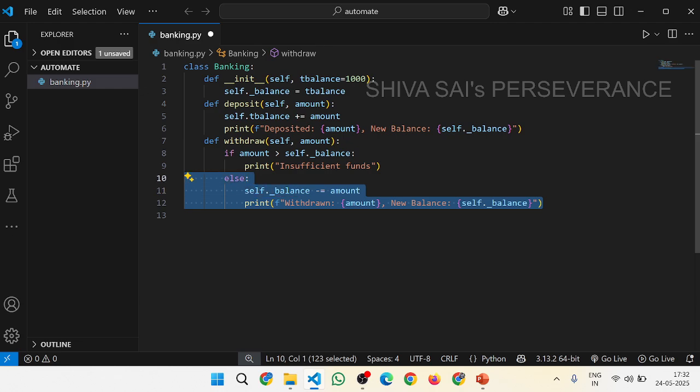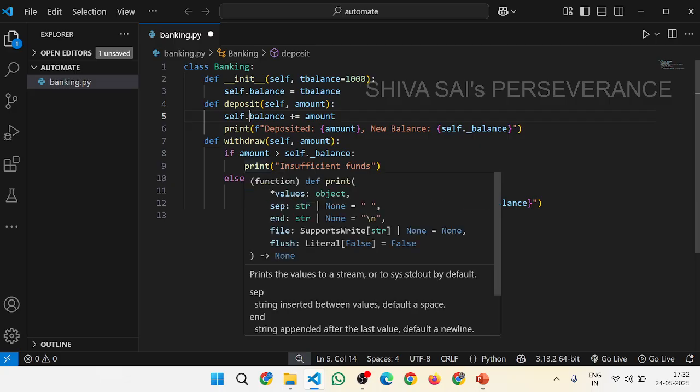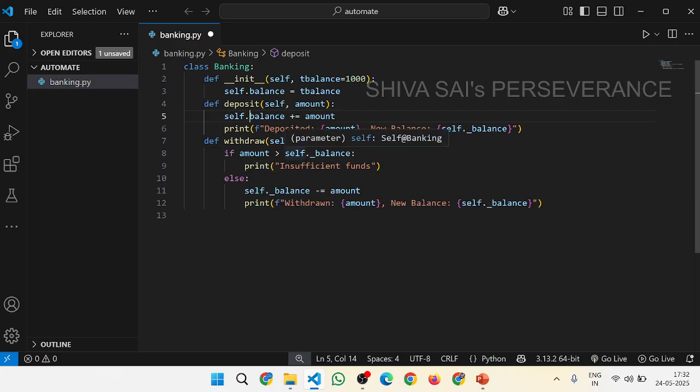Okay, so one second. Okay, there is a typo here, so give this. So t balance, you can use t balance itself if you want, or okay, if here it is balance, so here it should be balance again, and this is balance, all good. Okay, so now def withdraw self amount, if amount greater than self dot, it should not be underscore, not required,